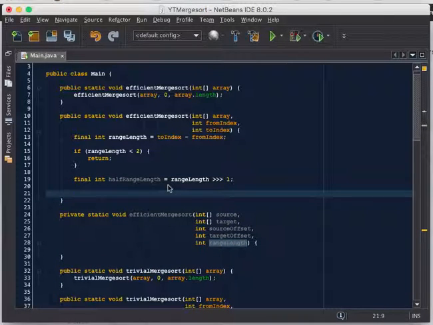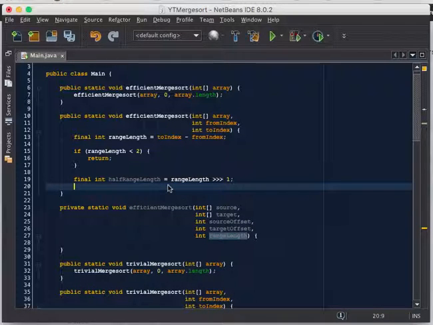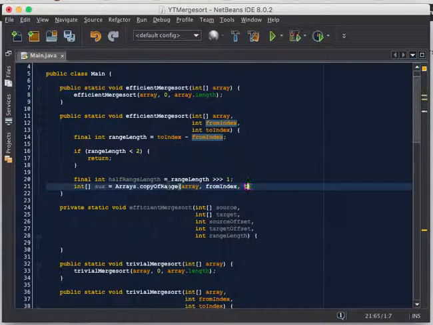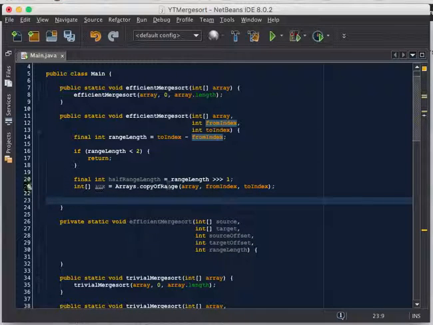So what we do is we need an auxiliary memory buffer, and actually everything we do is just